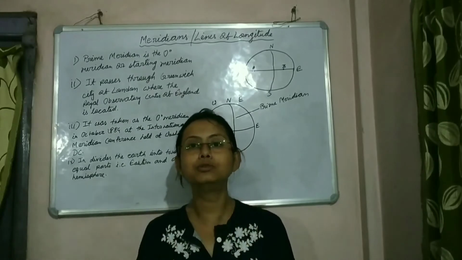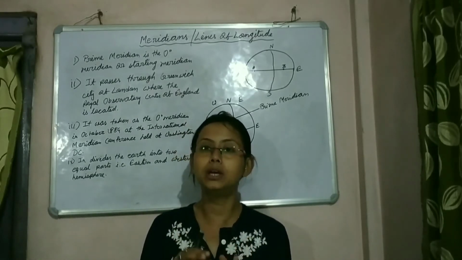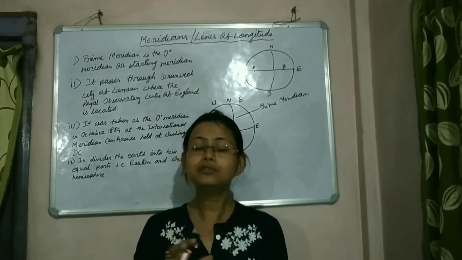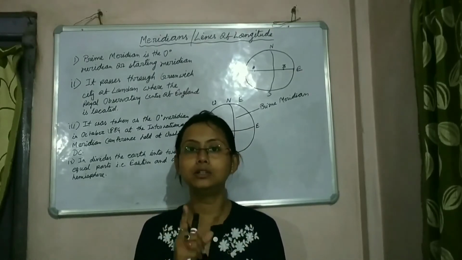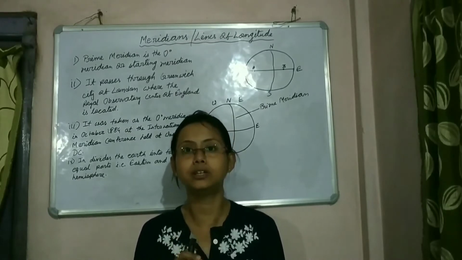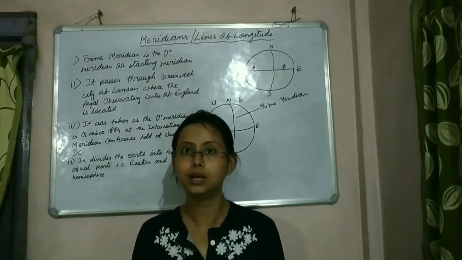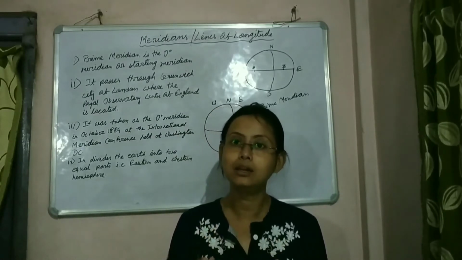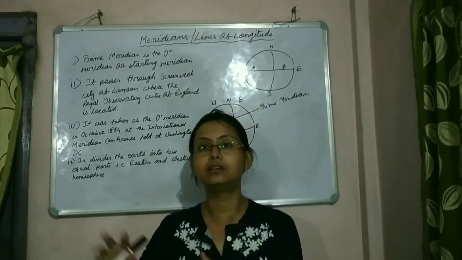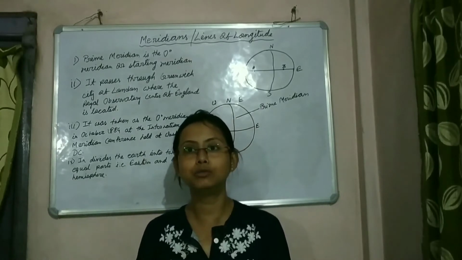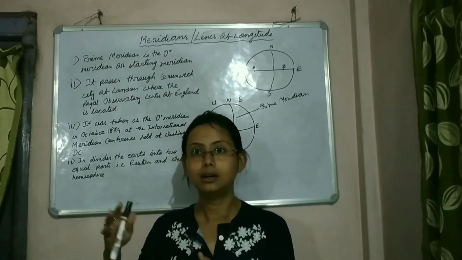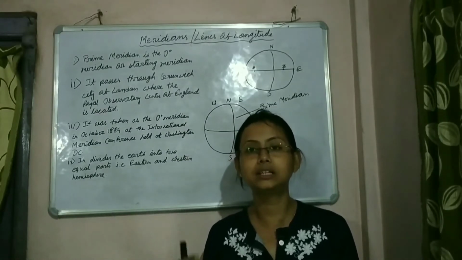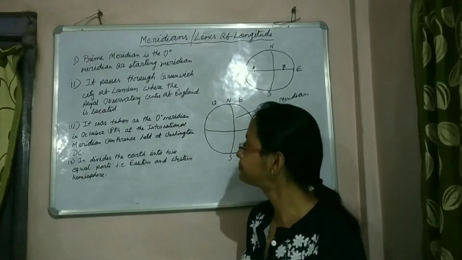So it was a big confusing situation as to which one was supposed to be considered as the prime meridian. Because for the entire world, one meridian, a 0 degree meridian, is needed, which needs to be fixed and followed by the whole world. Otherwise, finding out the location of a place will be problematic again. If different countries take different prime meridians, then the locations will keep changing, and we will face difficulties in finding out the location.